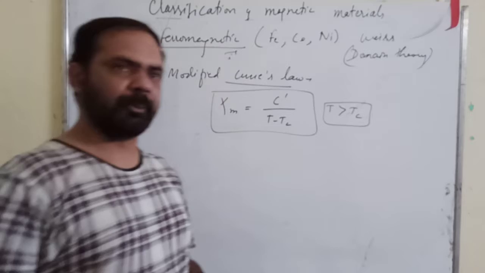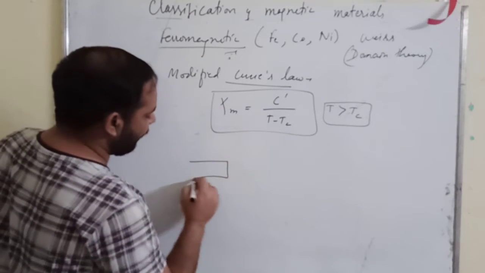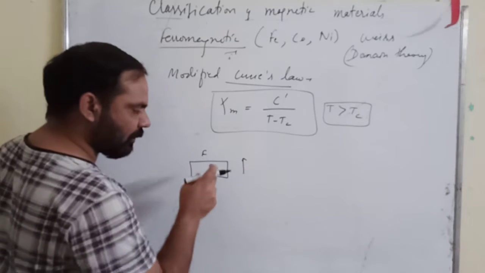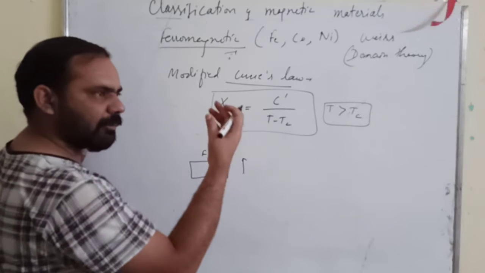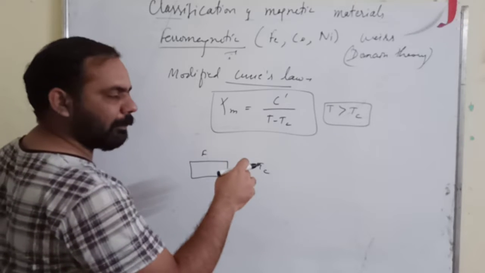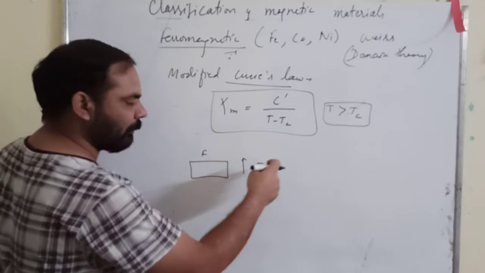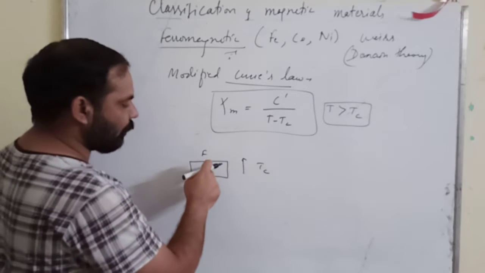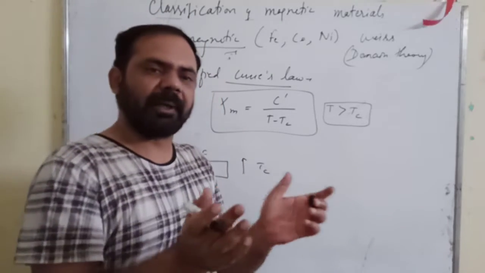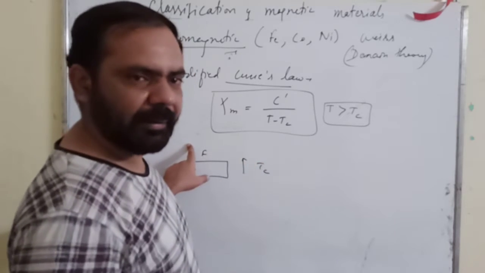Okay. Suppose, I will discuss this now. Suppose we have a ferromagnetic material, right? So if we go on increasing the temperature of this ferromagnetic material, at one point you will get some value of temperature. At that temperature, if you increase the temperature further beyond this Tc, the domains start to break up. Means this domain structure breaks up and your ferromagnetic material gets converted into the paramagnetic material.